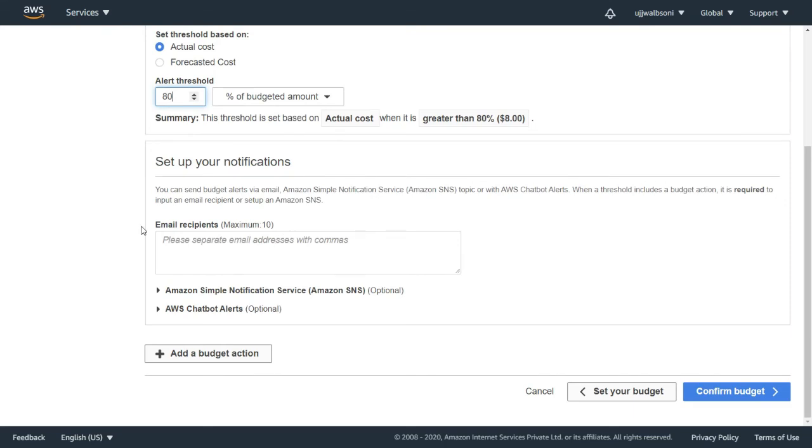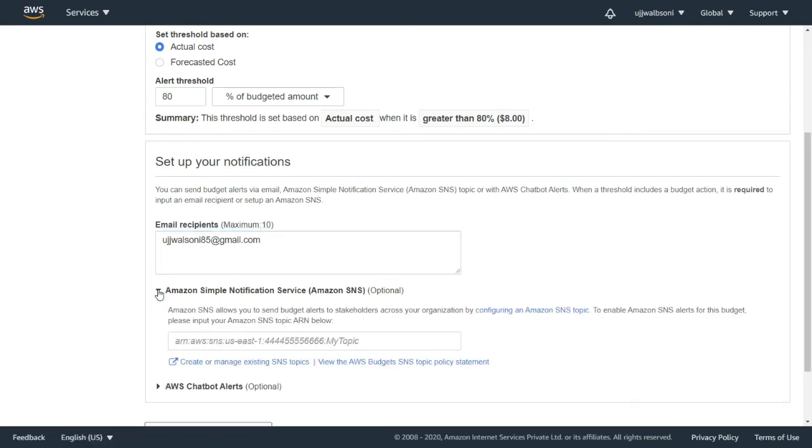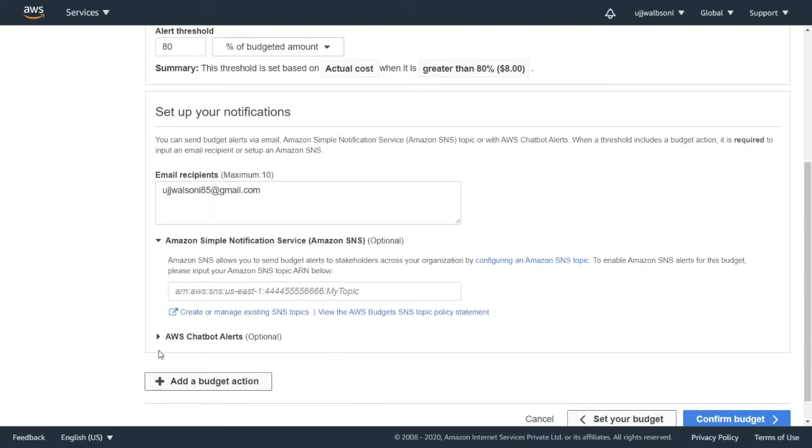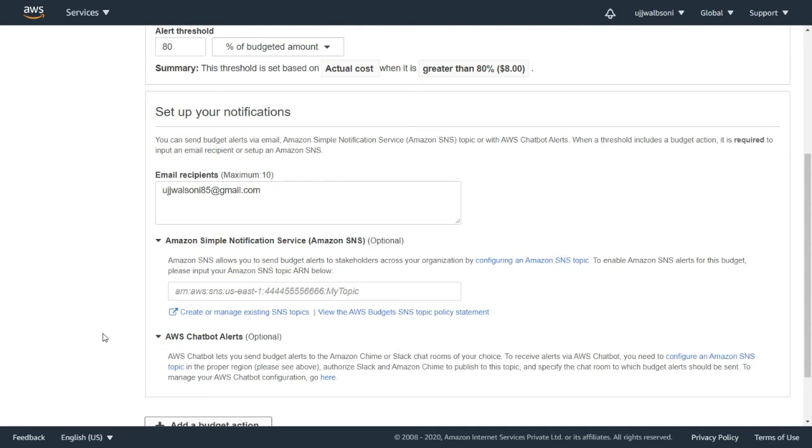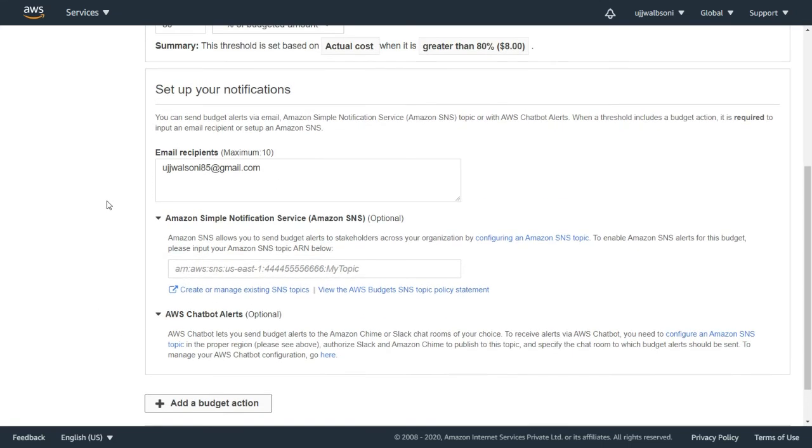You can define the email addresses over here to which you want to send notifications. You can also configure SNS and chatbot alerts as well, but for the purpose of training we'll keep it to email recipients.